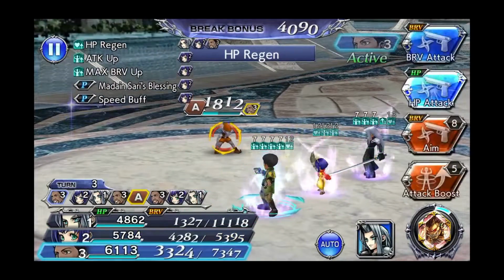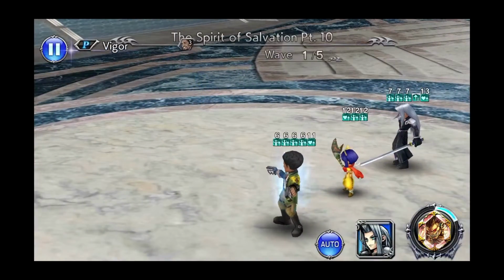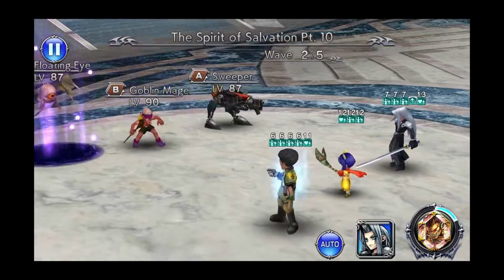And in this video we're gonna be concentrating on part 10 of the hard mode for Seymour's lost chapter, The Spirit of Salvation. And a quick disclaimer, again, I have mentioned this in my previous video,